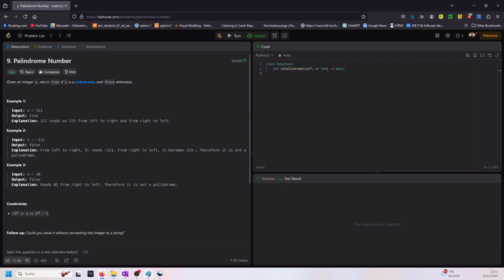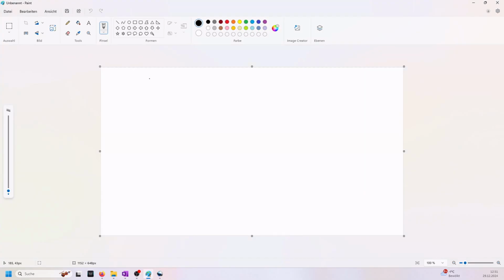There's a relatively easy solution that comes straight to my mind. If we have a number, let's just take 121. Again, please excuse my handwriting. The easiest thing to do, in my opinion, is to put this as a string, and then either use a for loop